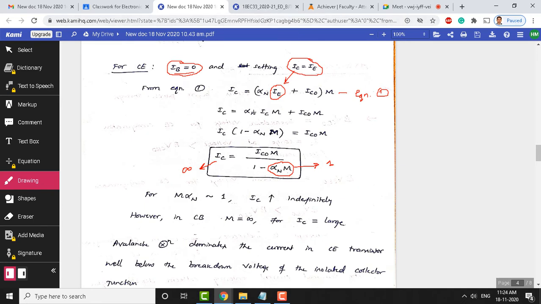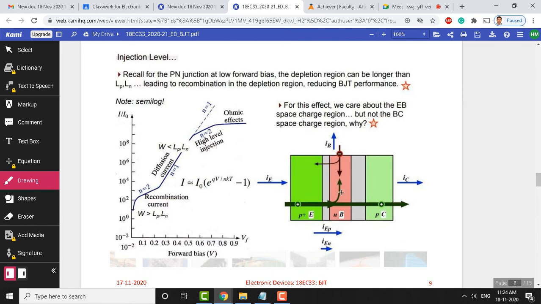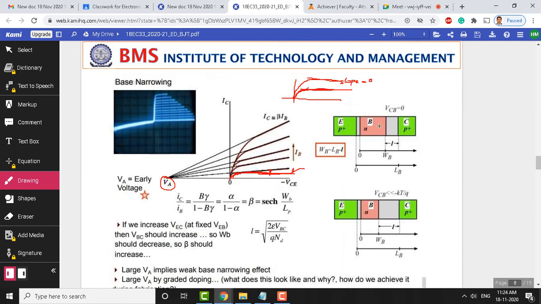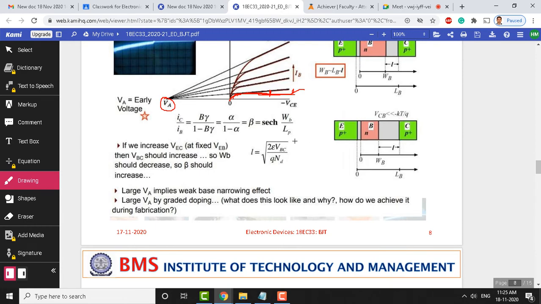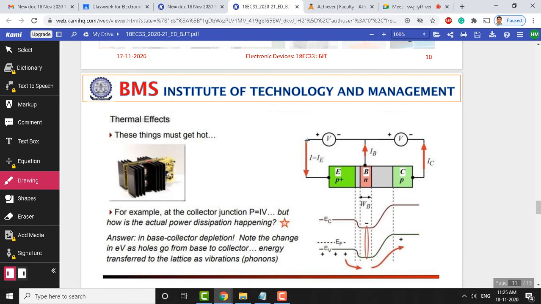See, where we usually operate the BJT, especially in normal active mode, we operate this region in the reverse bias case. Therefore, we need to know when this junction is going to break down, when avalanche breakdown is going to occur, and when it occurs, what is the current entering the collector to base, the collector current that is entering here. So, we showed the mathematical expression for that. Okay. With that, now let us move on to the thermal effects.